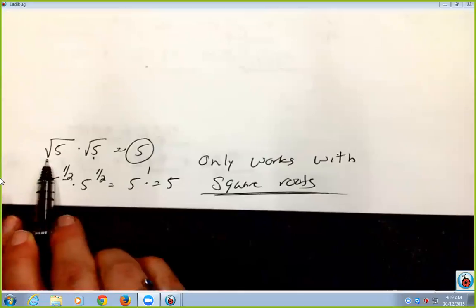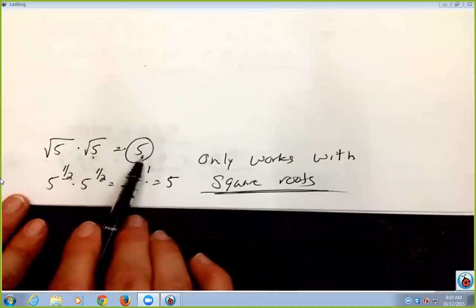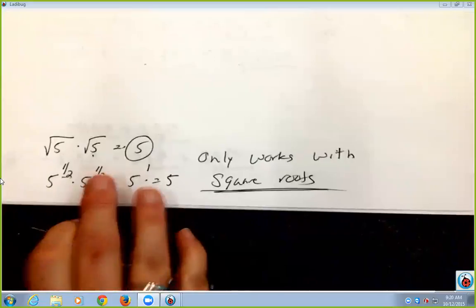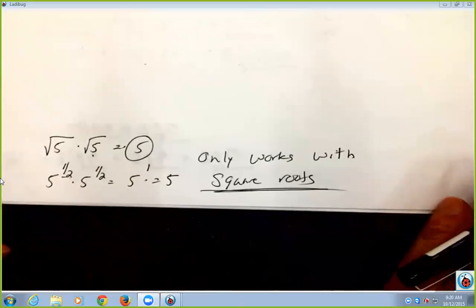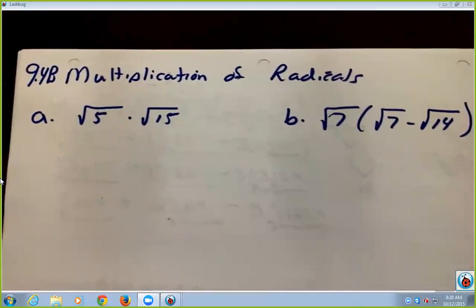So a square root of 5 times the square root of 5 will equal the radicand that's underneath it. A square root of 2 times the square root of 2 will equal 2. Okay? Square root of 7 times the square root of 7 will equal 7. So if you keep that in mind when you're doing some of these, it does help with your multiplications because then you can just end up removing those. So if we go back up to this piece,